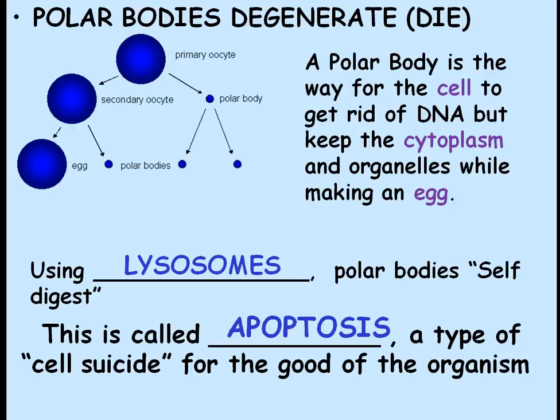We're only going to end up with one mature egg rather than 4 eggs like spermatogenesis, where spermatogenesis ends up with 4 sperms. Okay, so that is the end, and hopefully it wasn't too long,